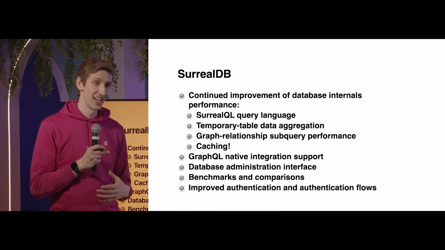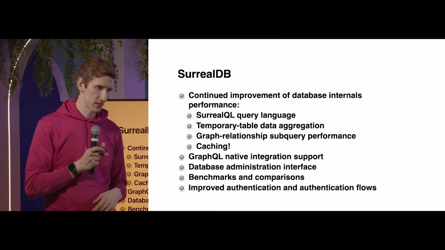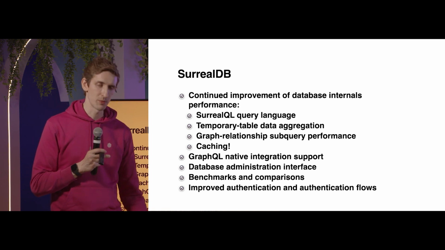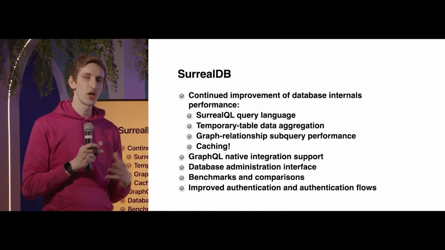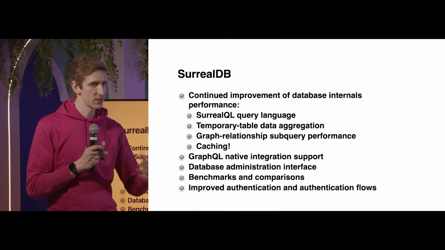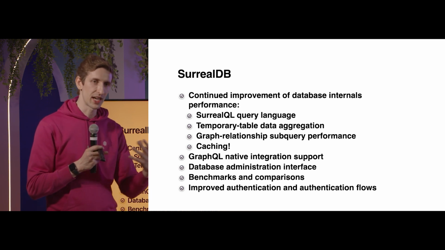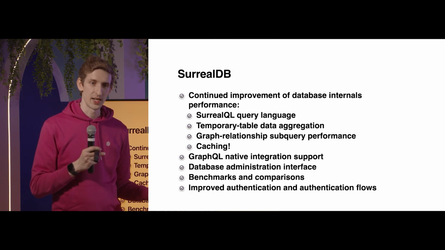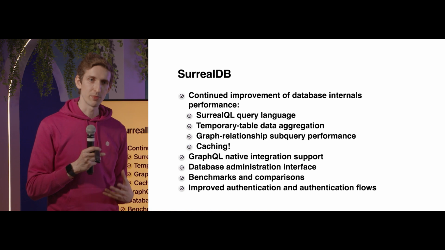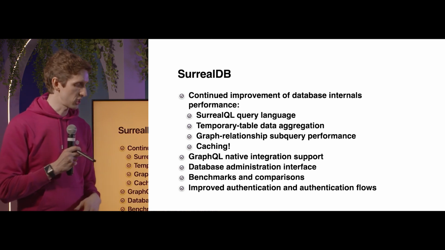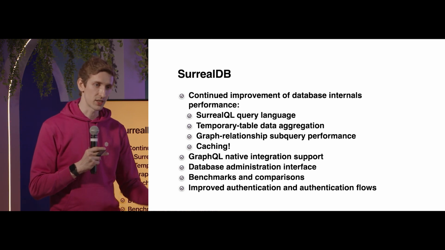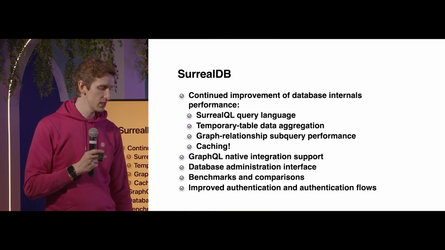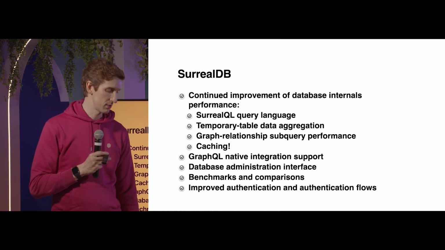And then caching. Interestingly, at the moment, SurrealDB has some incredible speed, and we'll be coming on to benchmarks in a bit, but we have no caching in the database whatsoever. A lot of other databases out there, they absolutely rely on caching to make their databases quick and performant. SurrealDB hasn't even built that layer yet. We haven't even got to building caching, and we've already got the performance that we're seeing. So really exciting times, but caching is definitely something we'll be adding in over the next few months, if not going forward over years as well. So that's going to have some great impact on the database.